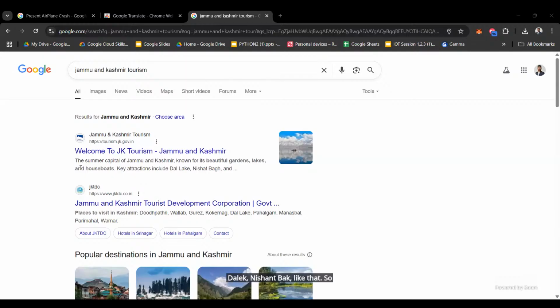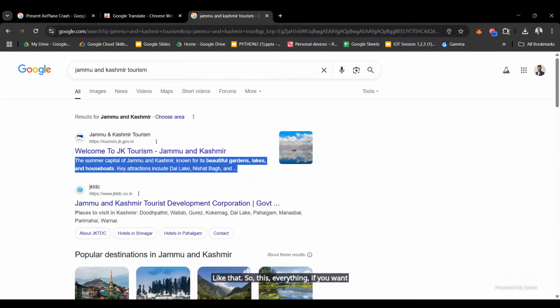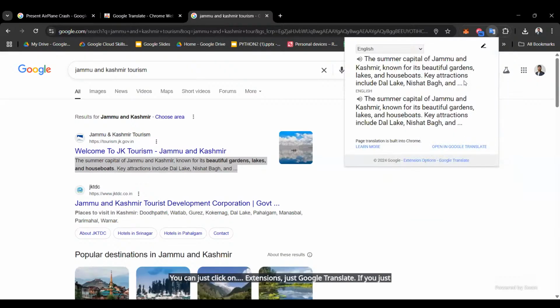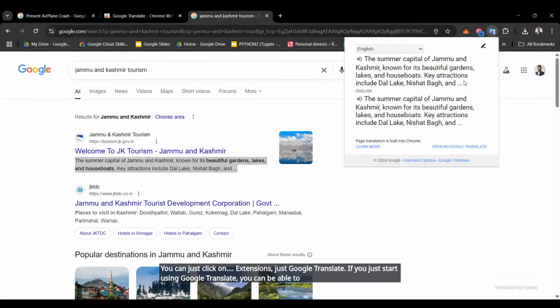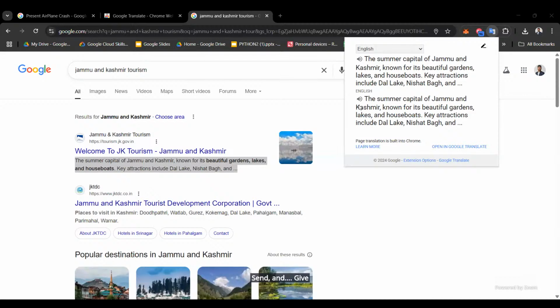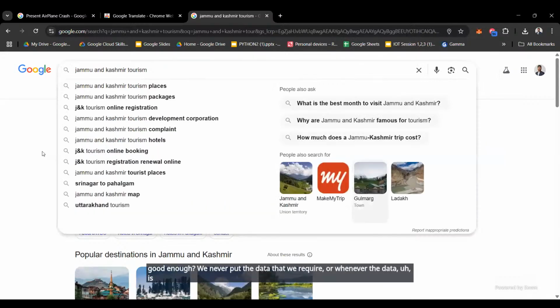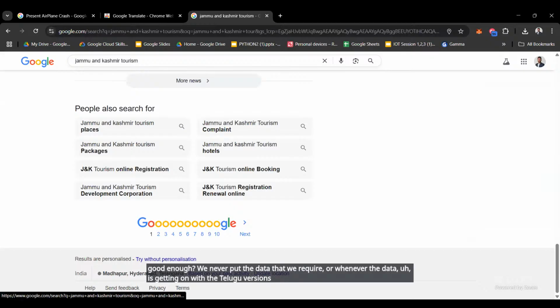So if you want to translate, you can just click on extensions, Google Translate. If you start using Google Translate, you will be able to see all this data being sent and given to us as English conversation, right? Is that good enough, whenever the data that we require is coming in the Telugu version? So if I want to change it to Telugu,